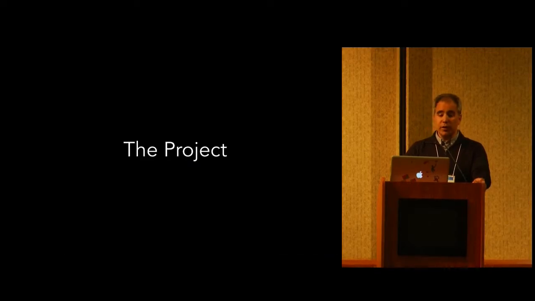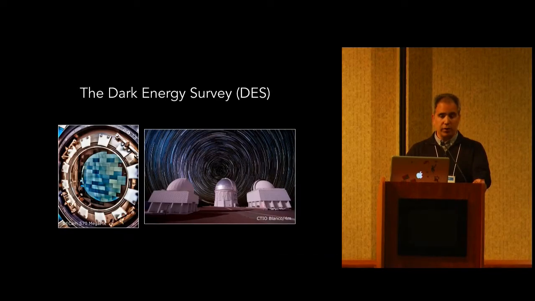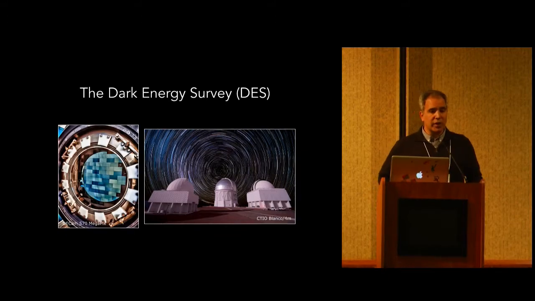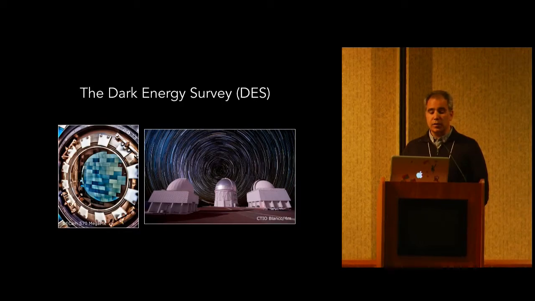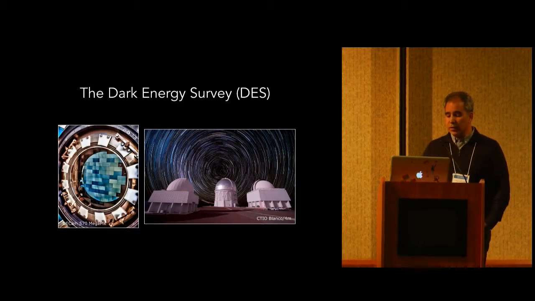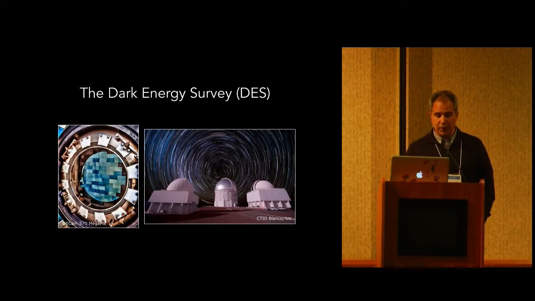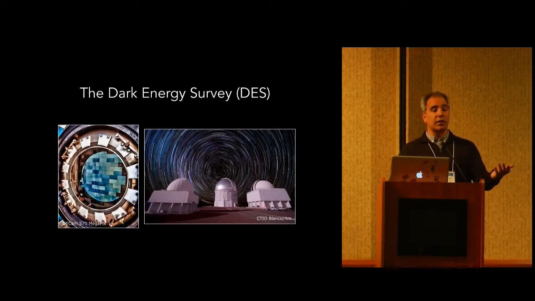So let me tell you about the project that we have that is called the Dark Energy Survey. The Dark Energy Survey was started by trying to provide some answers to these big unknowns that we have right now about the nature of dark energy and the distribution of dark matter. What it consists of is a pretty big camera, what is called the Dark Energy Camera, DECam. In the previous slides, we have a photograph of DECam, which is a 570 megapixel camera that is attached to a 4-meter telescope in Cerro Tololo in northern Chile.